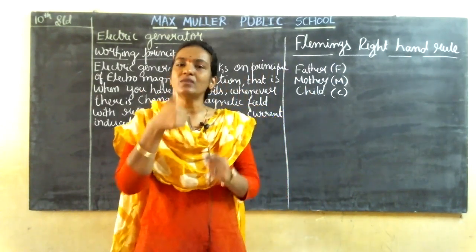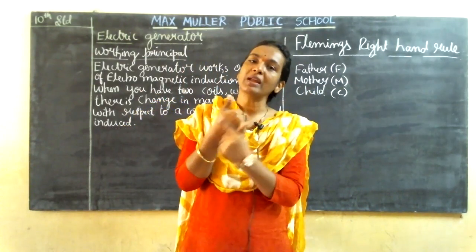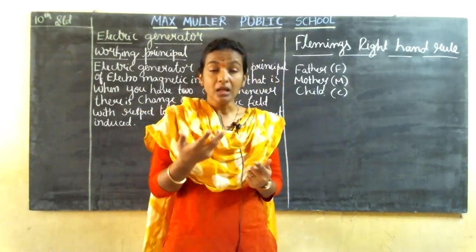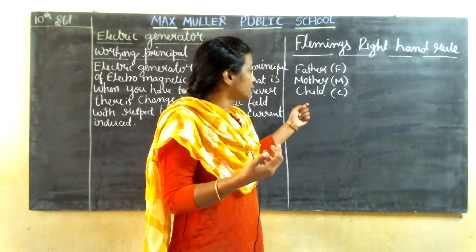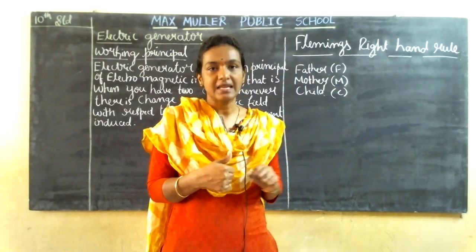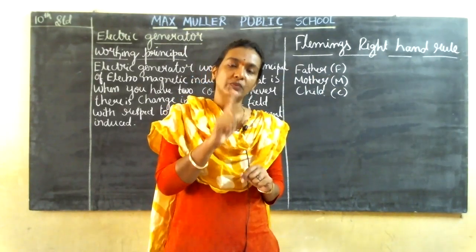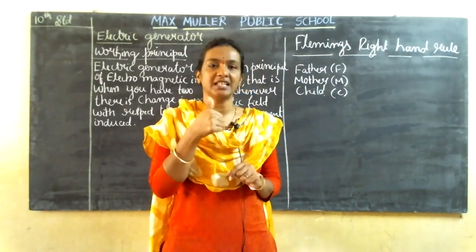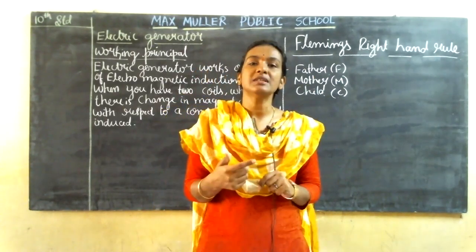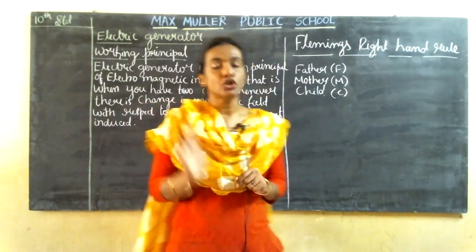You got to know the direction of the current and the magnetic field, then you need to find the force. What is that? Force, magnetic field, and the current. You got to know the field line direction and the current direction. Next, where will be the force then? For that, one more rule is there, that is Fleming's left hand rule.